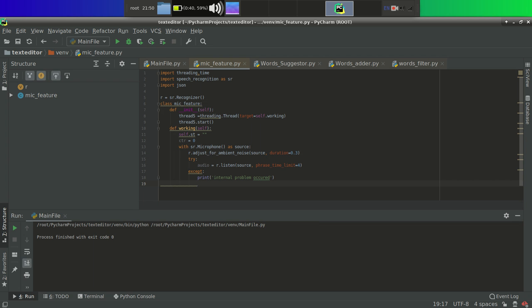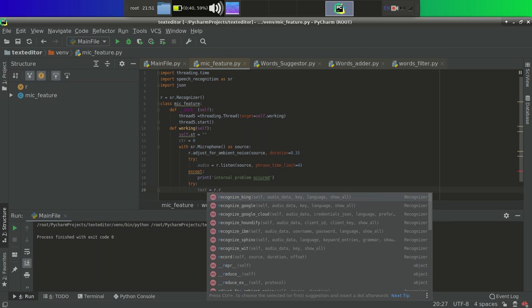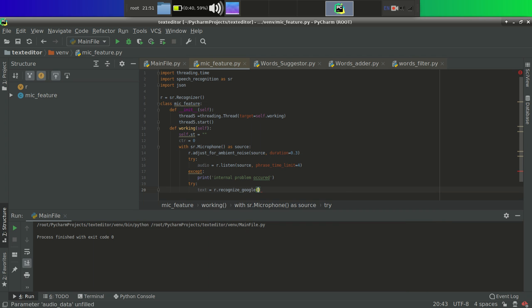Suppose our mic is working and it is also listening, but in future or in running condition it can throw some error. So let's again handle that using a try block. Try text equal to r dot recognize, actually I want to use the Google API, that's why I'm using recognize Google.